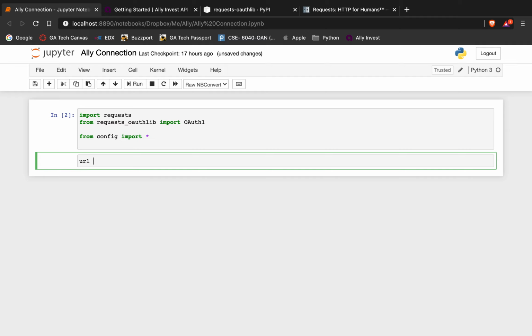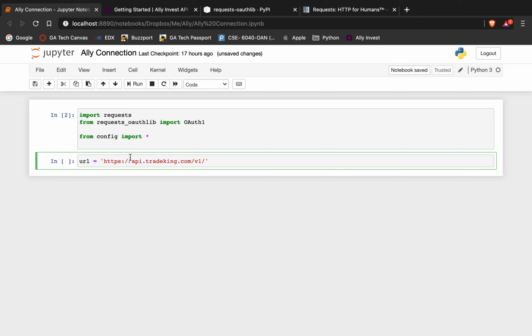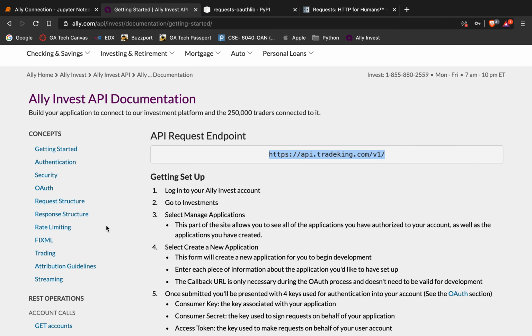So you have to create a URL variable. And what we are going to do here is first create this to a code cell. URL equals, we're going to go back. I'm going to copy this base URL. I'm going to paste it here. And if you see the documentation